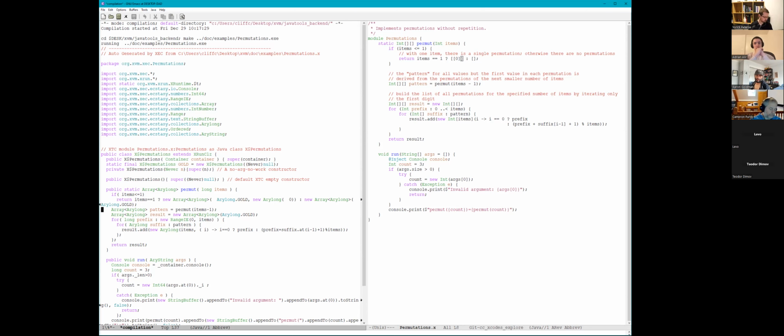But because I have an actual instance, I can do virtual dispatch on it, which I do in places where you do these things. So here's the recursive call to permute. On the other side, it's the recursive call to permute right there. You can see they look pretty much similar other than the typing has changed. Then here's result, which is an empty array of array long. Here's the result right here. Pretty much the same thing.